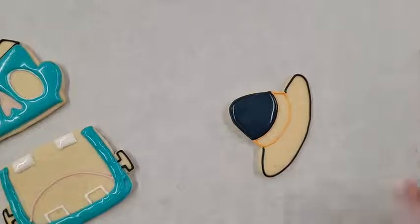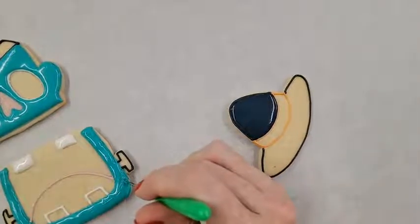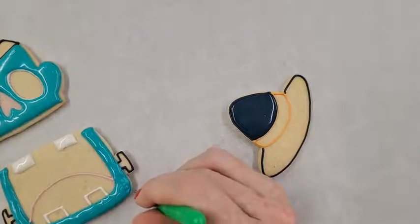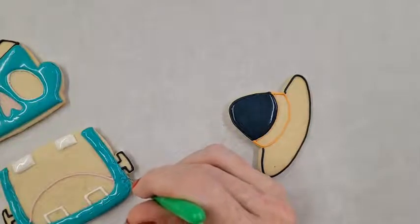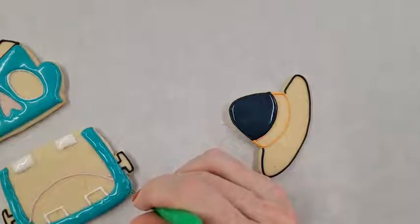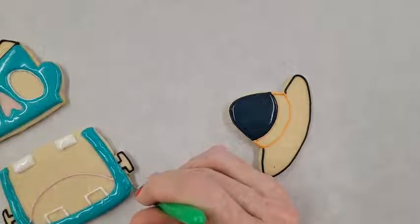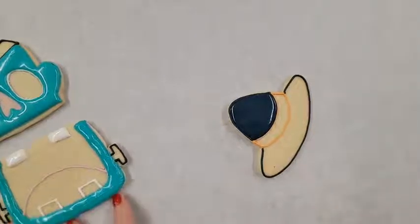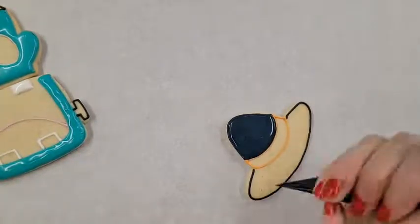I just touched my Frankenstein. Oh. If you do that, all you gotta do is just kind of touch it up here on the corner. It should be fine. Once it dries and sets, if you can wait that long, it comes together. Okay, so for the hat,